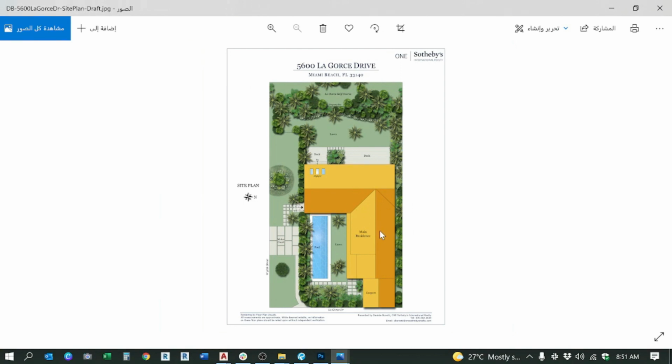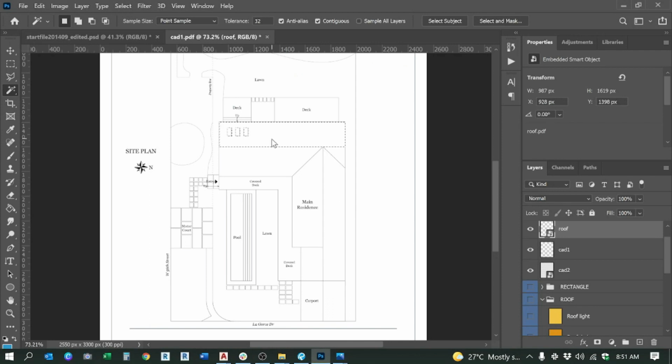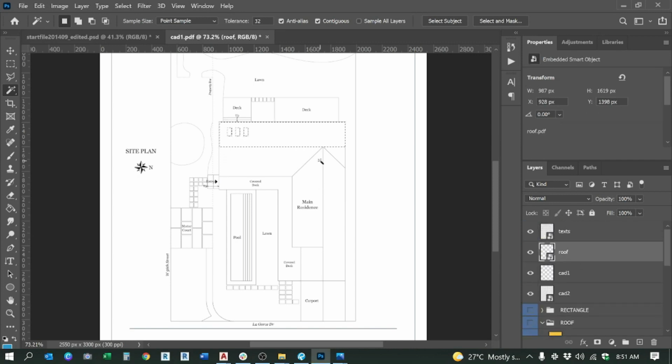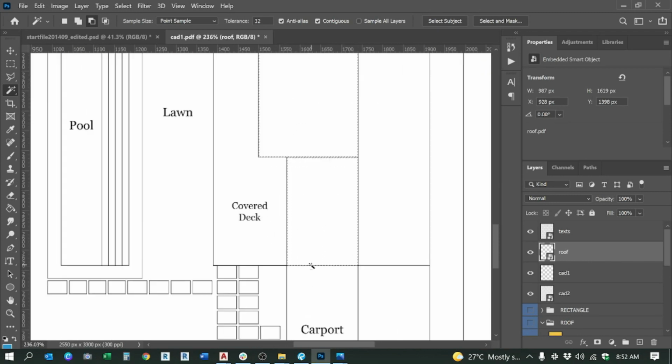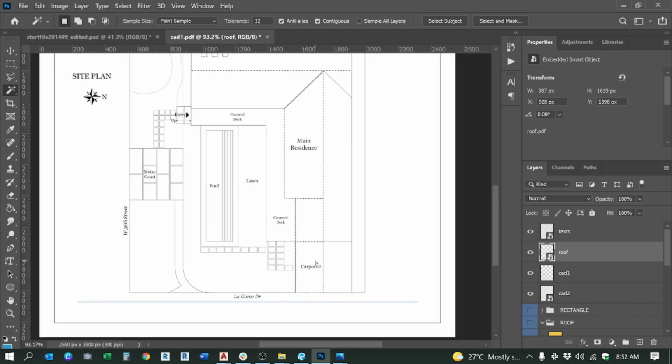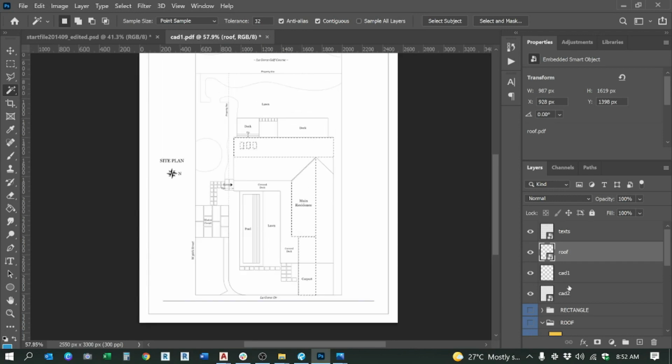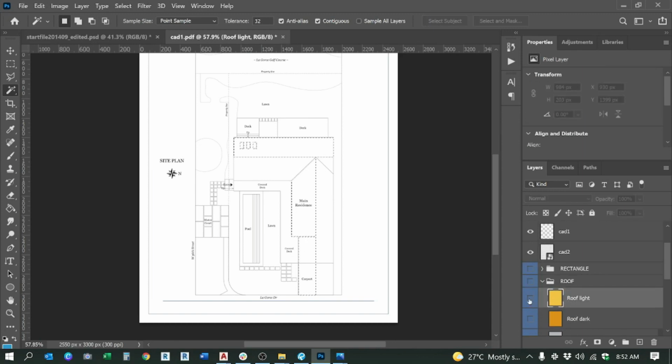So top and left, bottom and right. Okay, so top, left, no, select roof, top, left. Okay, this is also left, and then this is also left. Okay, tama na. And then punta ka sa roof light,